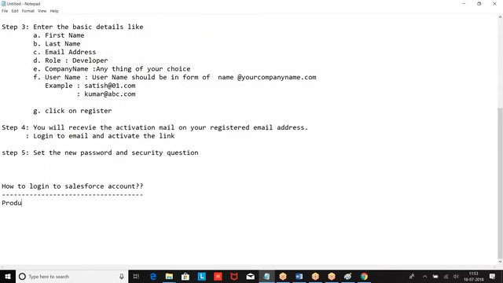If you want to log into the production, we are supposed to use https://login.salesforce.com. If you want to log into the sandbox, use test.salesforce.com. If you want to log into the trial version,